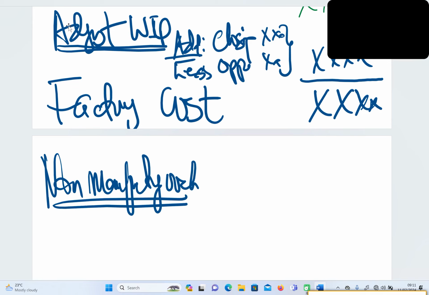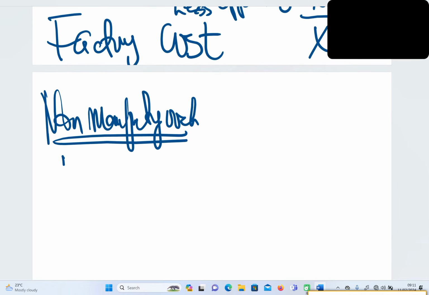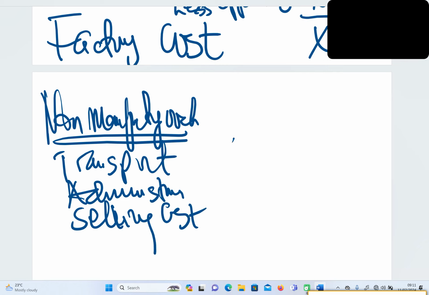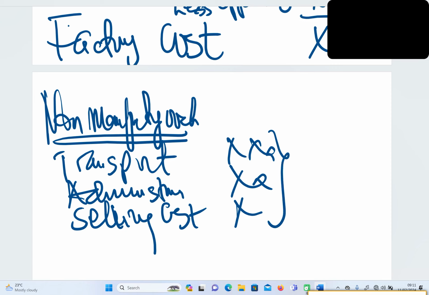This one includes what? Transport, administration, and other selling costs. Once you add these in total,